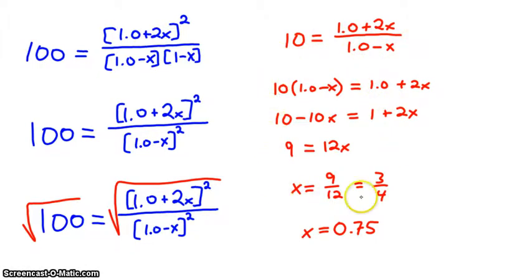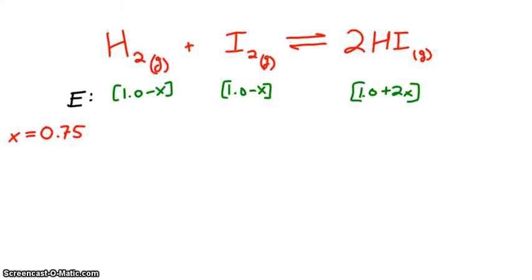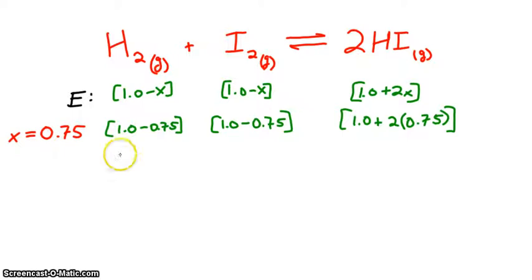As you can see, you should be able to determine that x is equal to 0.75. Now that we determined x to be 0.75, all we need to do is substitute this value into the equilibrium concentrations here. Then we'll figure out the equilibrium concentration. So here, substituting 0.75 for x,